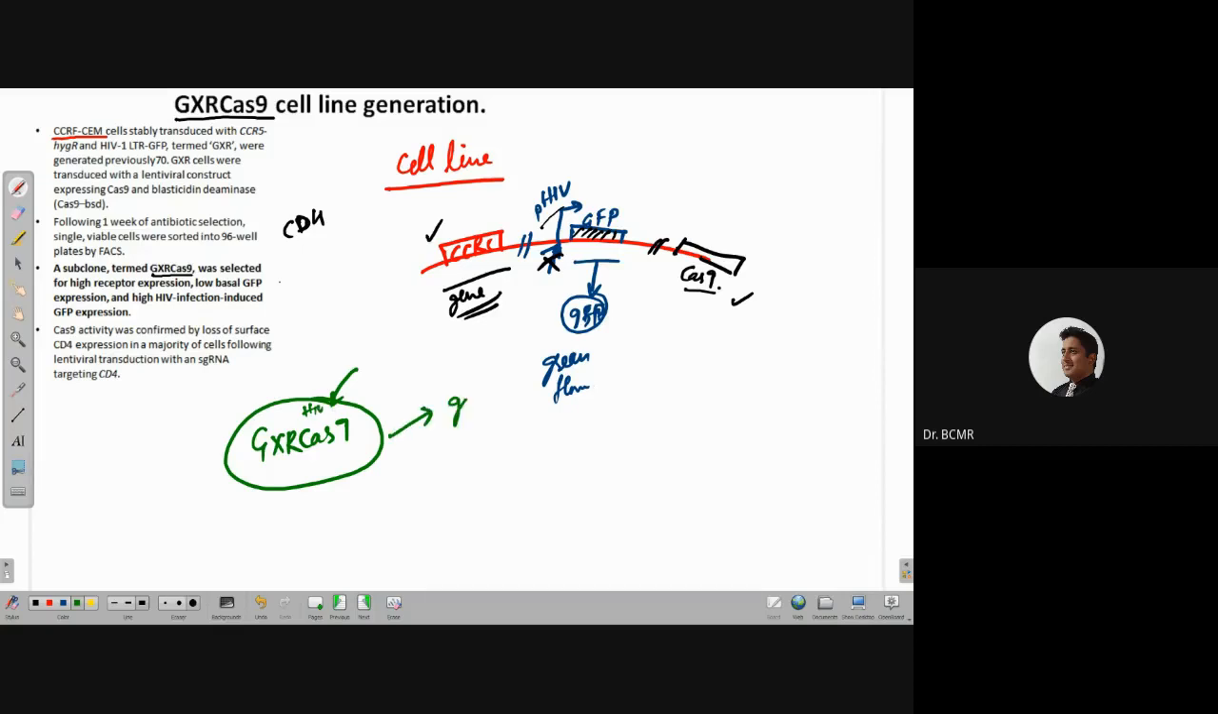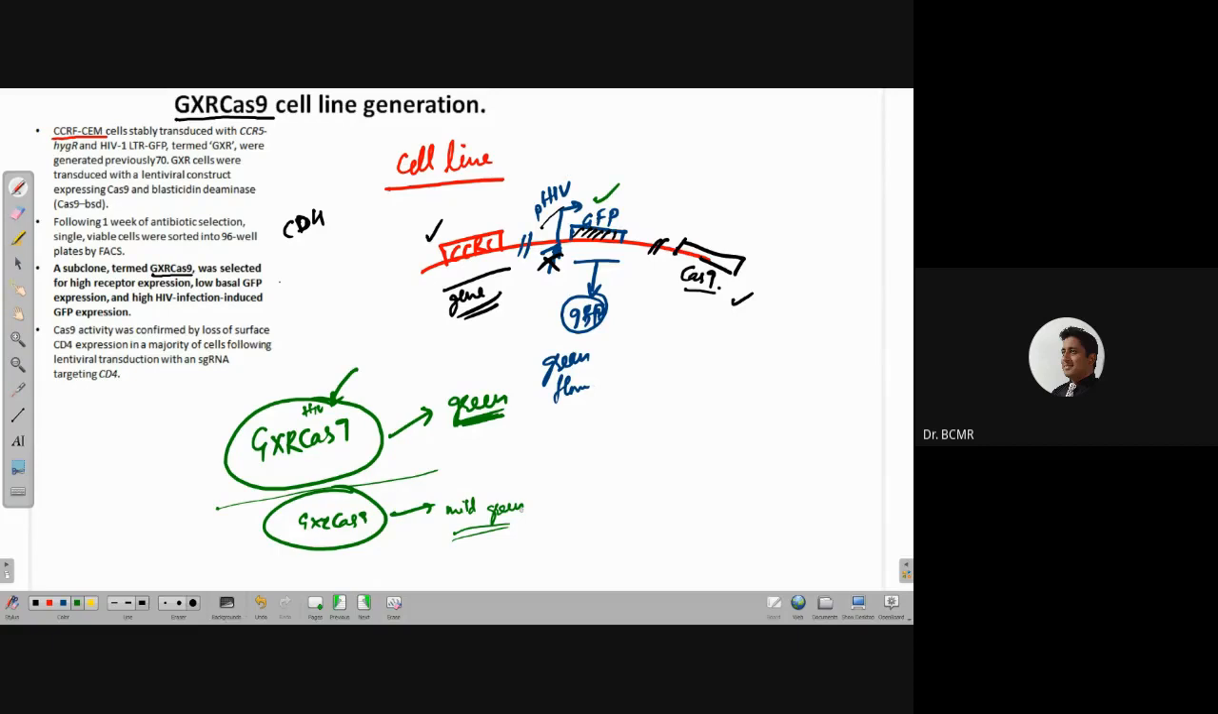It will be bright green. Why is that? Because the reporter will get activated and there will be high expression of GFP. If a cell is there that is not infected, it will not glow, or maybe it might have very mild green because of basal expression. So one should be able to separate those cells that are green fluorescing from those cells that are not